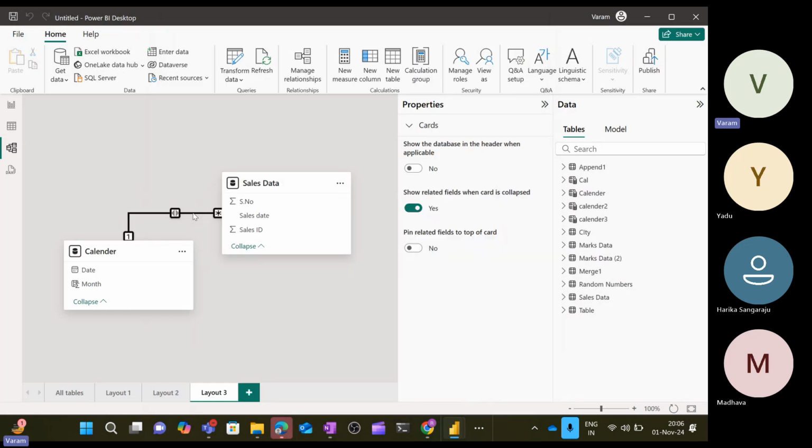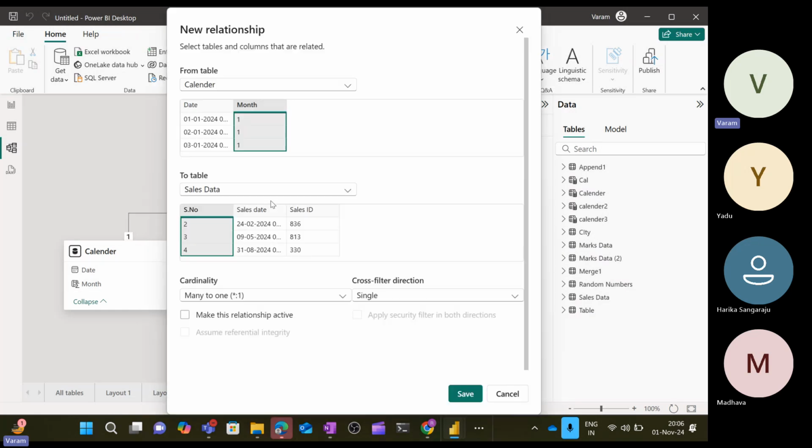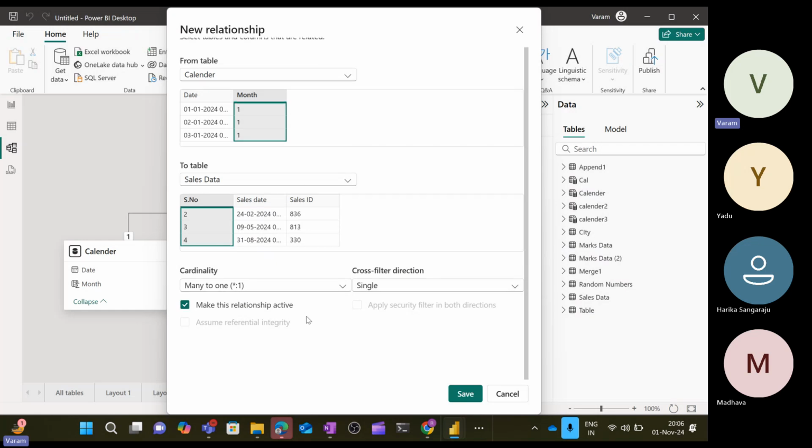Now this is completed. Now what I am doing, from month to sales serial number, I just want to create one more active relationship. Many to one is fine. Cardinality single to bidirectional is properly there. And I make this relationship active. This is a completely new relationship. If I click save on this,